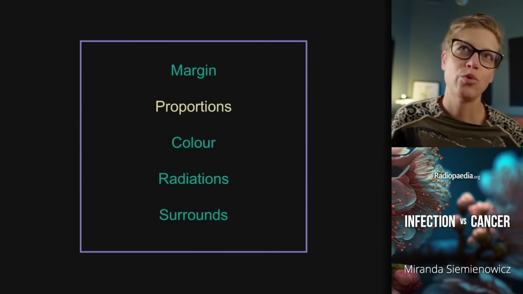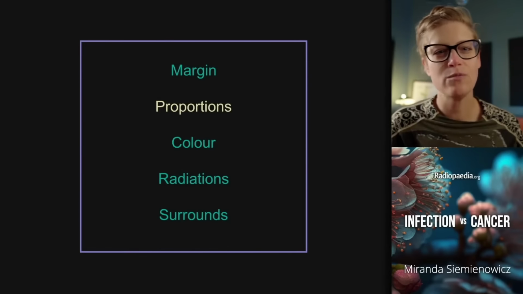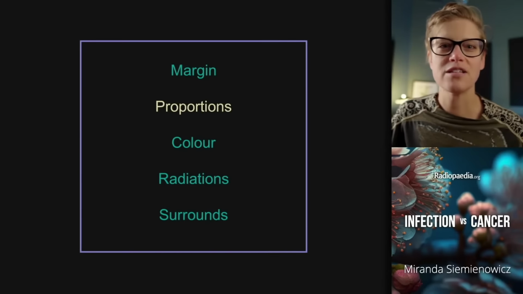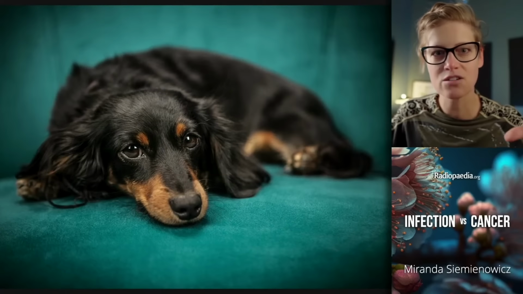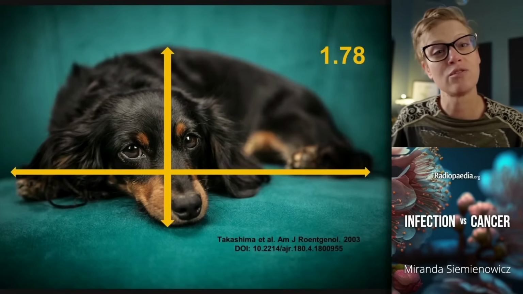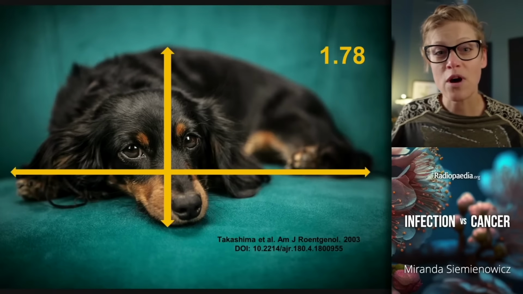When we talk about lesion proportions, we're talking about a principle that you're comfortable with from thyroid imaging, from breast imaging. We're talking about the width versus the height. And when we see focal lung opacities, we're making an assessment of that greatest craniocaudal distance over the greatest axial dimension. The magic number from the literature is 1.78, which is another way of saying almost twice as wide as